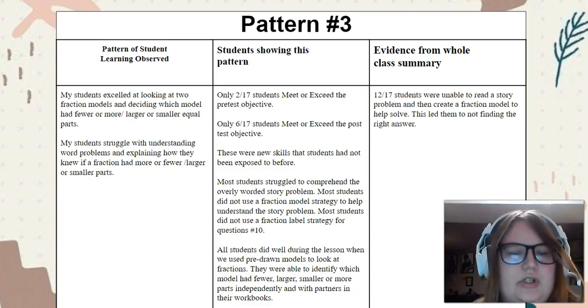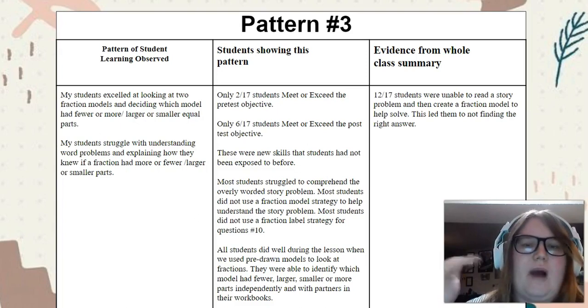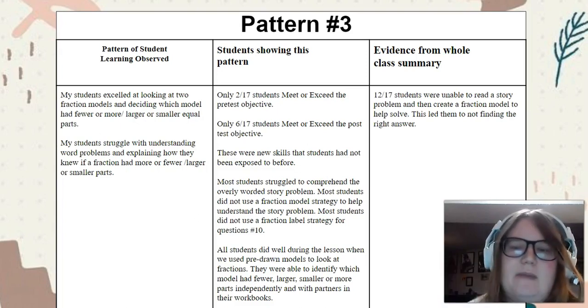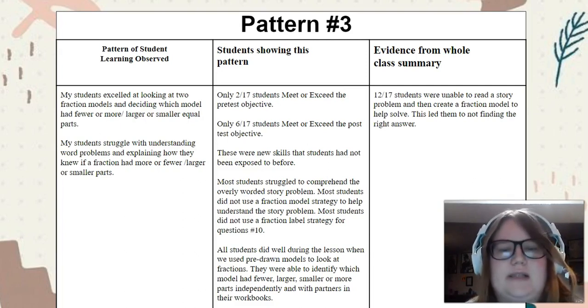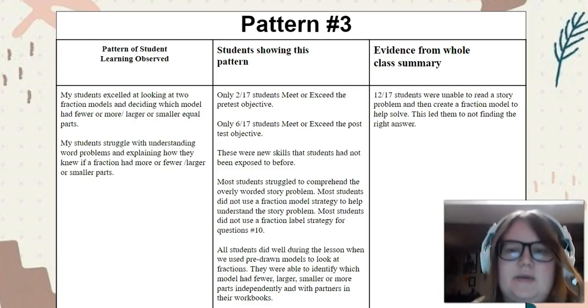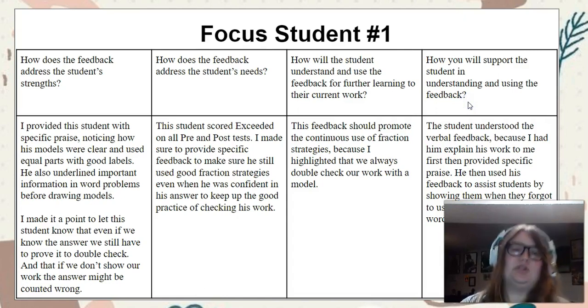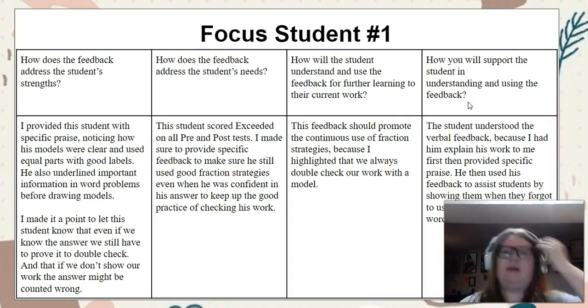A lot of my students don't meet the required fluency in reading levels and vocabulary levels needed to even read the word problems that the curriculum had me use, so they were already lost there. And then those who did understand it were very confused on how to connect it to those models that we learned how to draw. For focus student number 1, he has SPED accommodations, but he is one of my highest